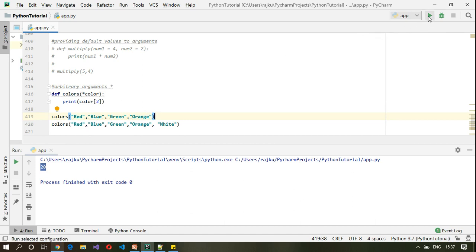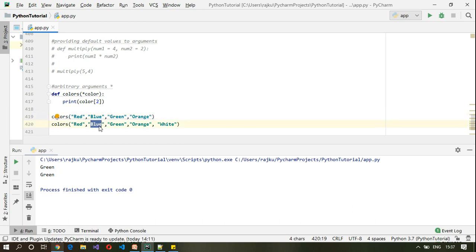Let me execute this. So this is 0, 1 and 2. However, within this colors you can loop through also. So you can use a for loop. Let me change this to black here and re-execute.